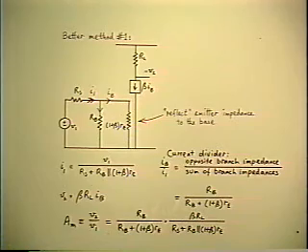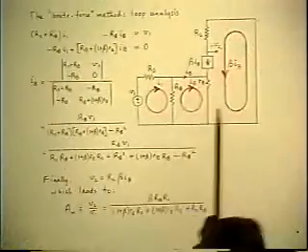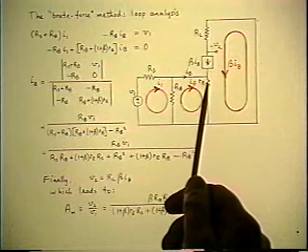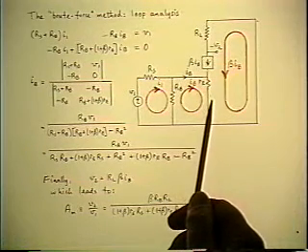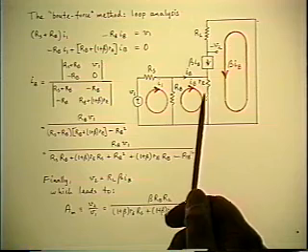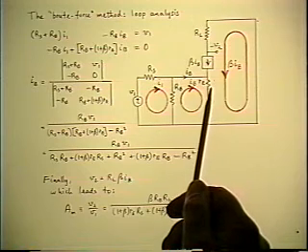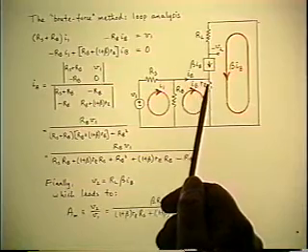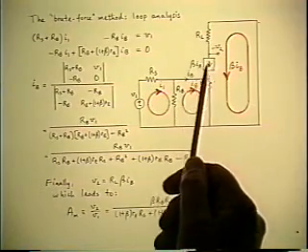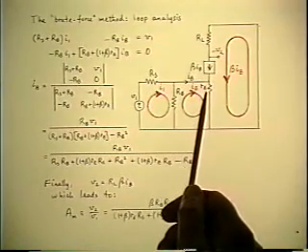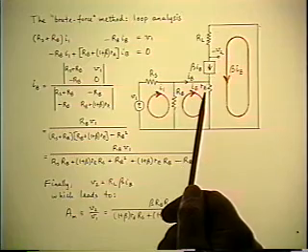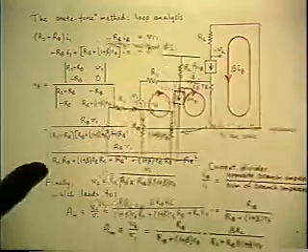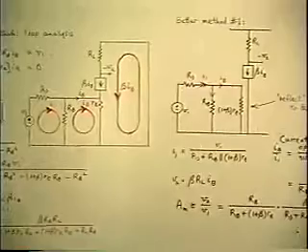And that is the same as the voltage drop in the previous model, because I have a current equal to the emitter current, IE, times RE, but the emitter current is 1 plus beta times IB, because the emitter current is the sum of the base and the collector current, which is 1 plus beta IB. So this is an equivalent circuit,